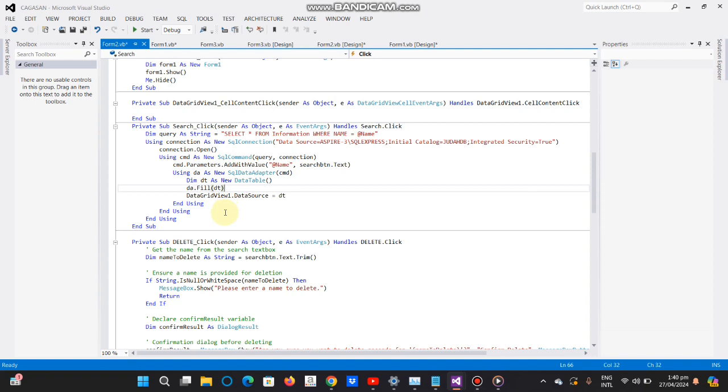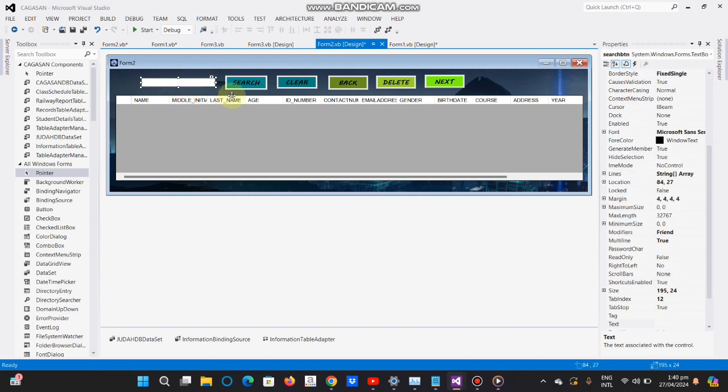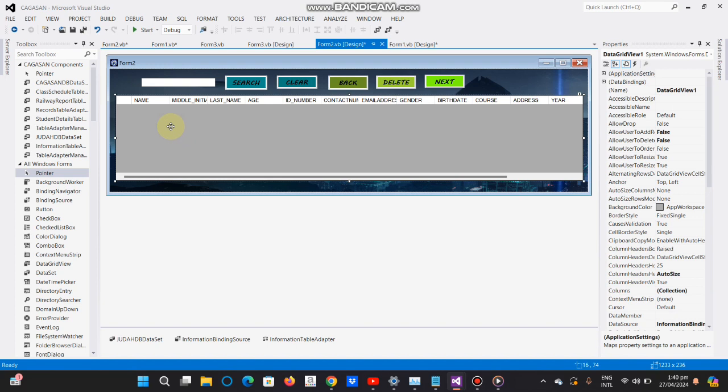If I search a keyword in this text box and press the search button, it will automatically display the data or the keyword that I have typed in this.